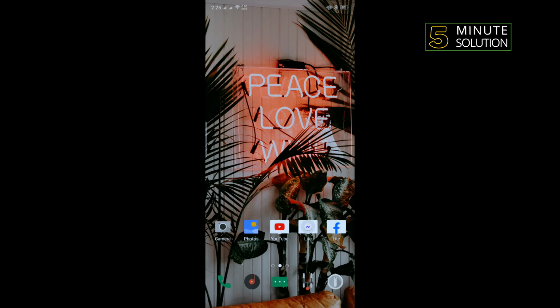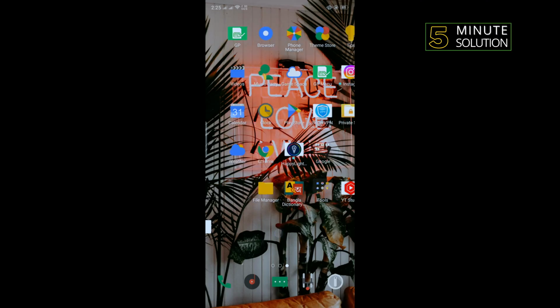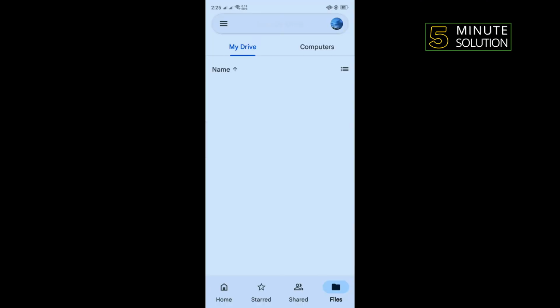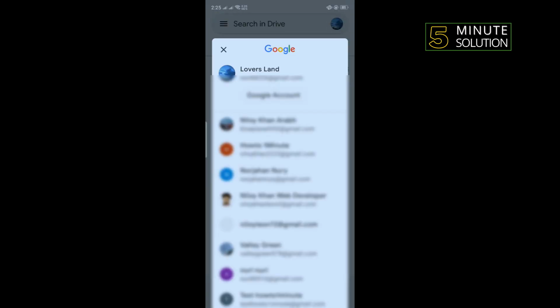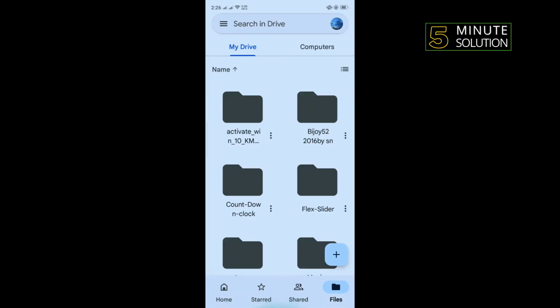Solution number 1, we need to turn on synchronization for our Google Drive. So for that, open Google Drive and tap on your profile photo at the top right corner, and from here note the Gmail address which one is used in your Google Drive, and after that go to your phone settings,